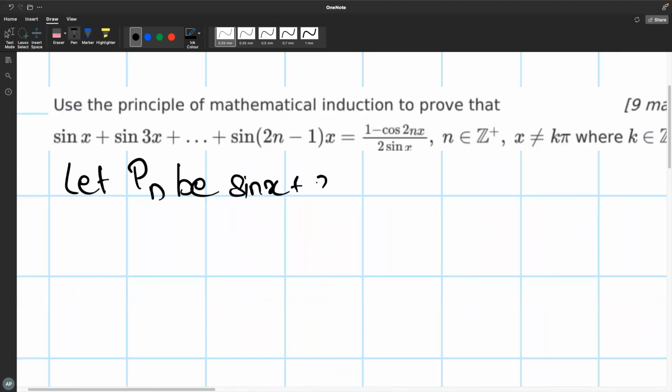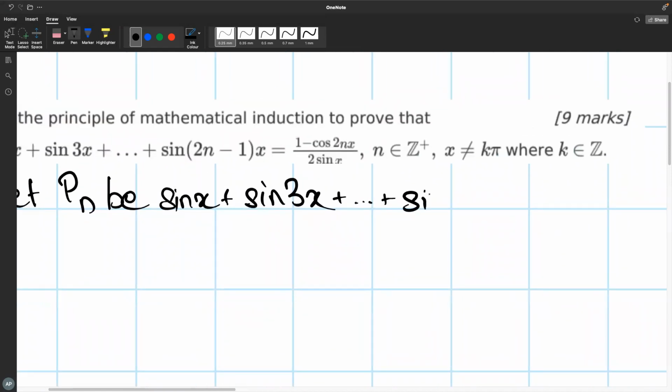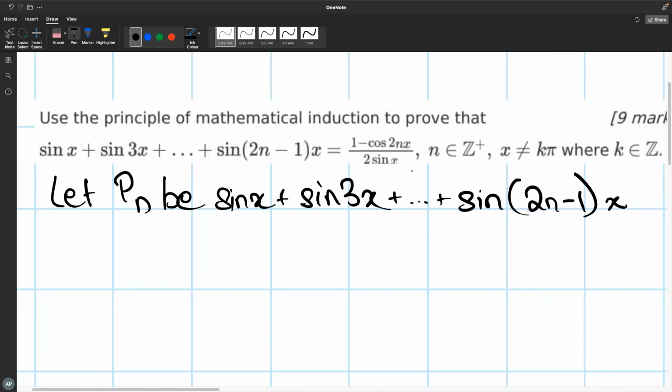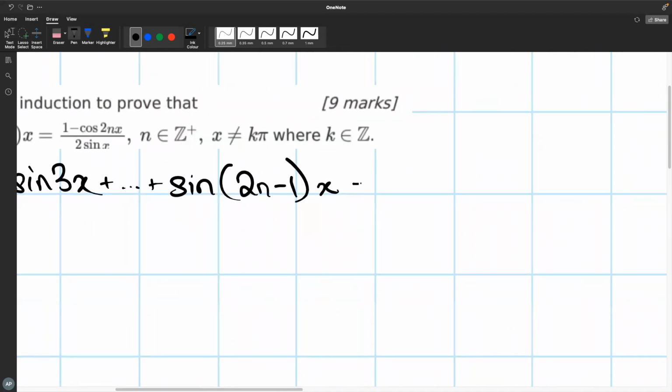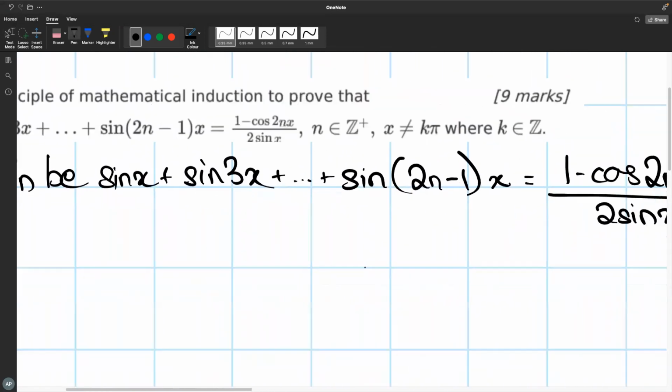sine x plus sine 3x plus dot dot dot. This is essentially just to signpost that instead of writing out the entirety of what we have to prove, we're going to write it as P of n later on. This makes it much shorter and easier later on. So we have let P of n be this